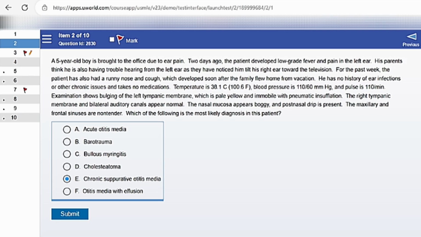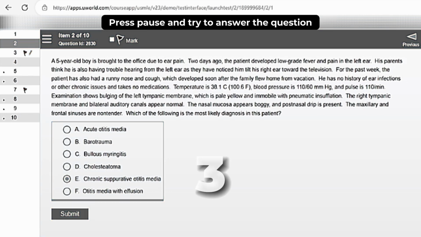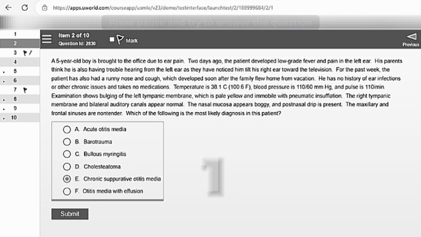I'll give you a pause for 3 seconds and you can try to answer the question. Okay, I'm not going through my test taking strategies steps to answer these questions. You can learn that in my free video USMLE test taking strategies if you want the complete steps. Basically, most people would be torn between acute otitis media and otitis media with effusion, right? Now try to think of it this way. Rather than you try to think what this question maker is thinking when he's creating this question, which is a very subjective way to arrive at the correct answer,